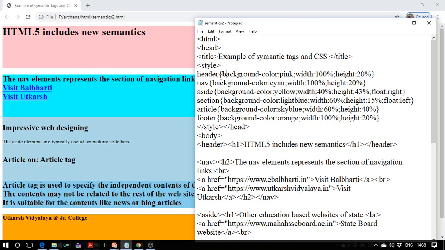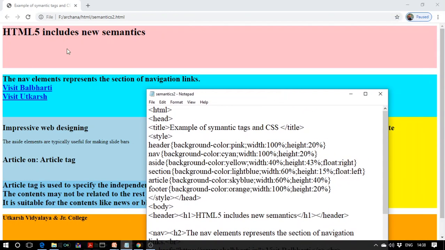Now, see the properties for the header selector. Background color is pink. So students, you can see that there is a pink background for the header section. Next, width is 100%, height is 20%. So you can see width is 100% for the header and height is 20% for the header.